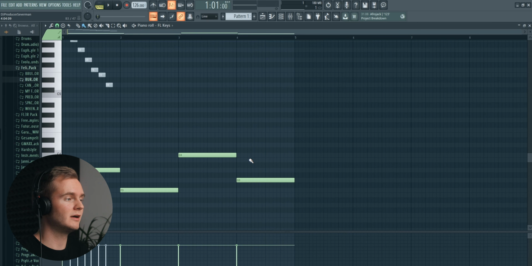So that's one common bass progression, or another one could be you start lower, maybe D,